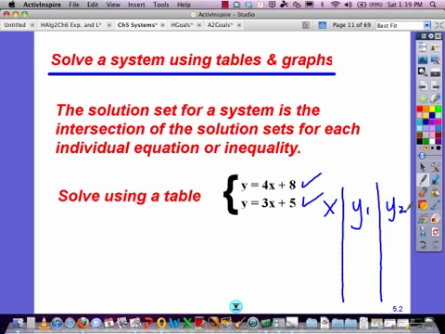And make sure they graph. You can take a look at what they graph into. So go ahead and hit graph. You should see two intersecting lines. Now, the point is here, and it says solve using a table, we don't want the graph. We want the actual table. So if you go to your table,